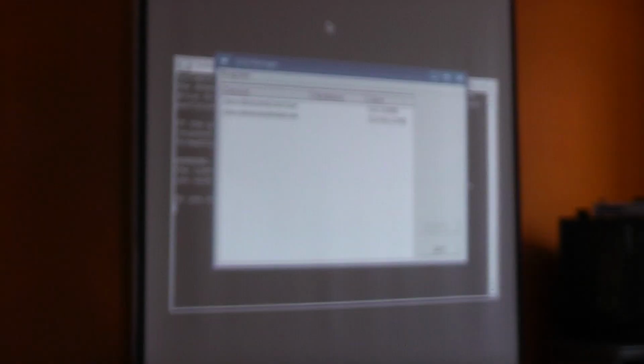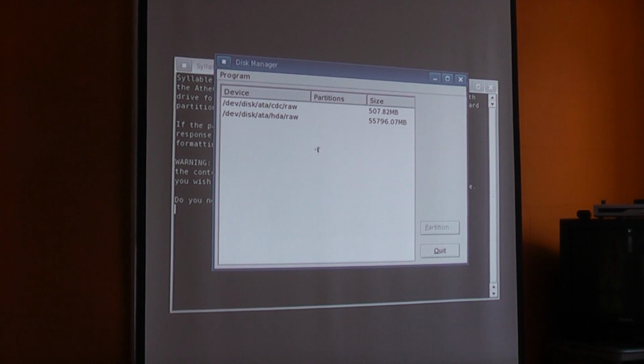It's capitalized Y. So if I press enter, I get the default option. And then it starts the Syllable disk editor, and it shows the installation CD that we're starting from and the hard disk, which is, according to the manufacturer, 60 gigabytes, but in traditional gigabytes that means about 55. So if I would look what's already on this disk,